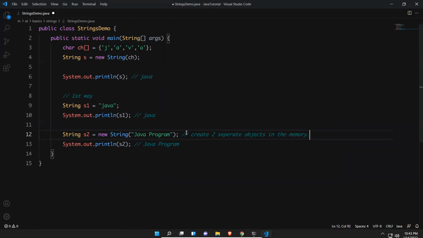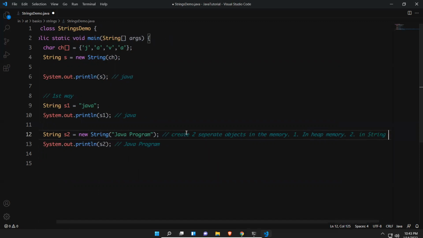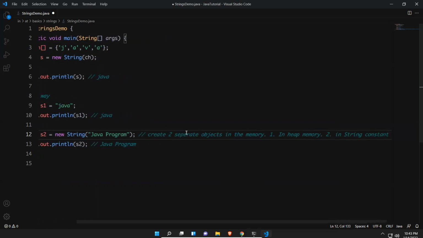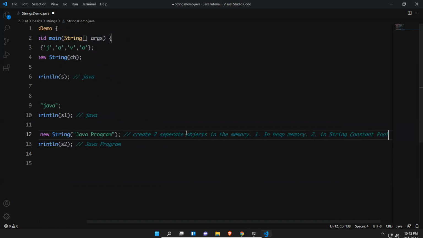One is in heap memory, and the second is in a separate memory for strings called the string constant pool.